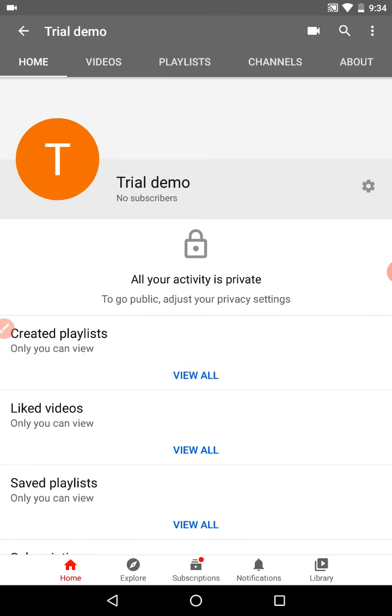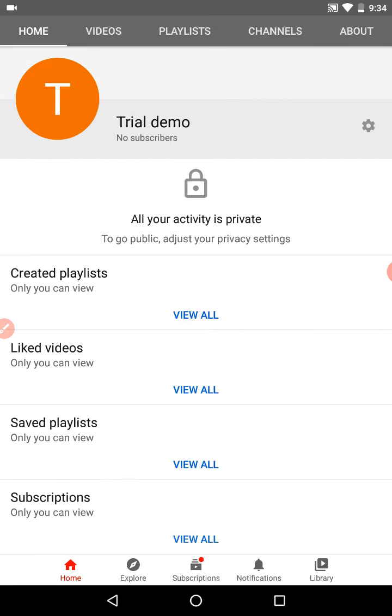You can also change many things here, like you can change your profile pic and all, and it's very simple to change a profile pic. What you have to do is go to your Gmail account, and there you can add one profile pic.